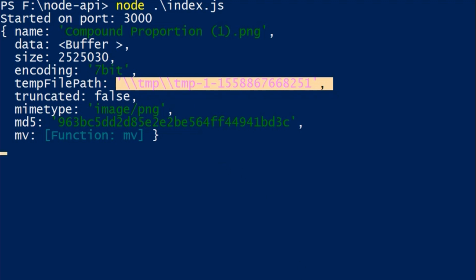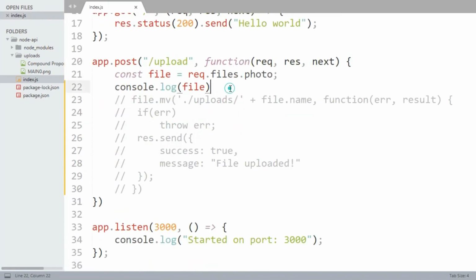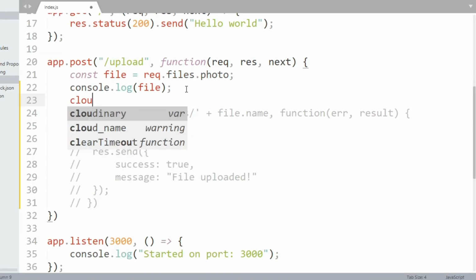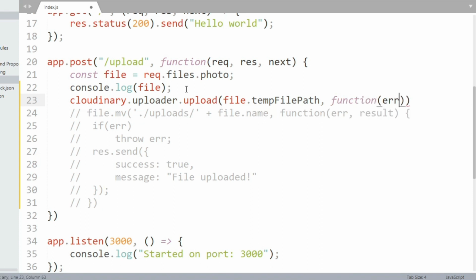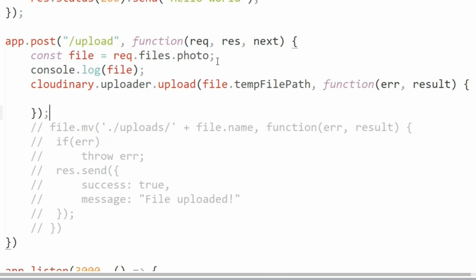We will go to the file again. Now we need to use the upload method of Cloudinary to upload the file from the temporary file location to the Cloudinary server. It has two parameters.